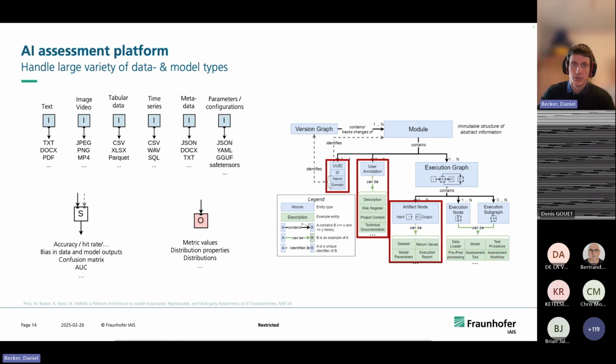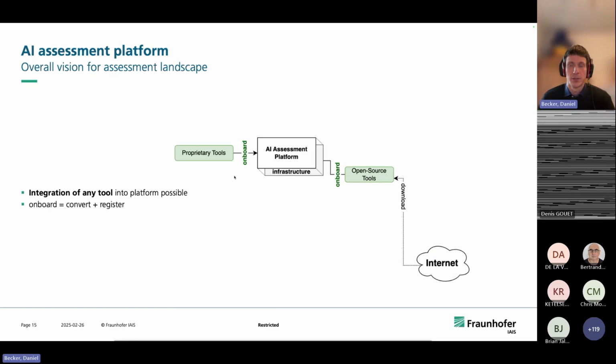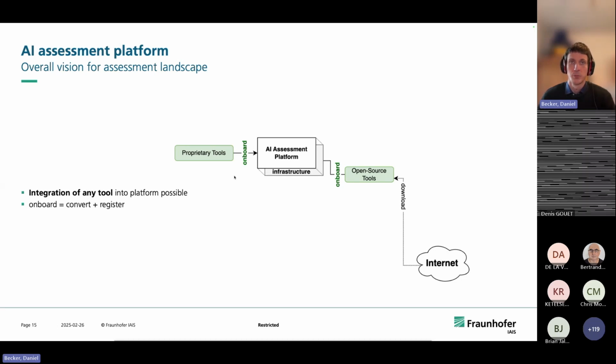And now I would like to show you how we think we could build a landscape for AI assessments. This is the overall vision that I want to show you, which takes into account all these scenarios, requirements, and use cases that I told you about. The first important thing from our point of view is that this kind of assessment platform should be able to integrate any kind of tool.